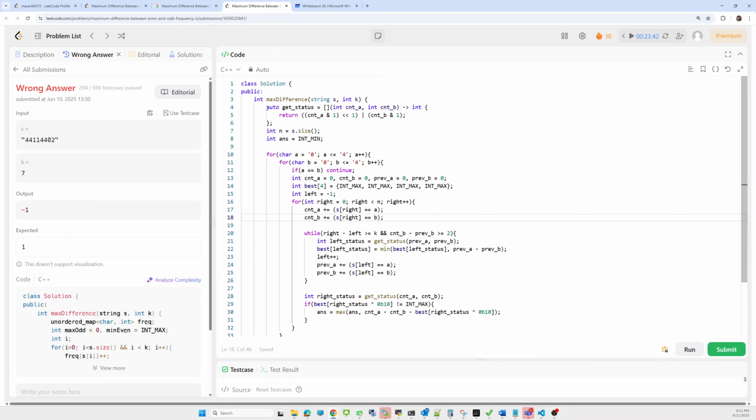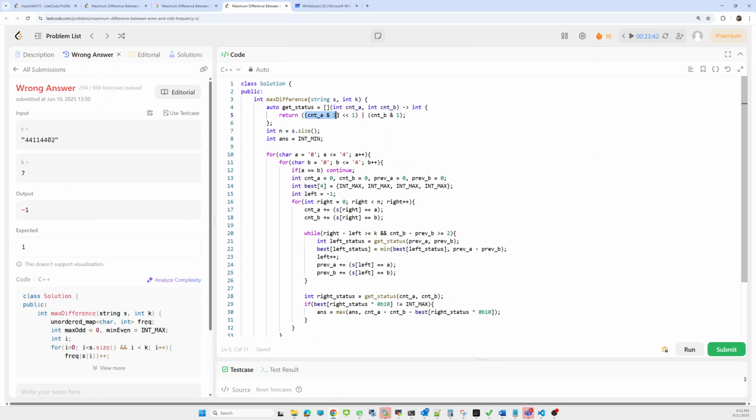Okay, I forgot how we can get the current state based on the current frequency of, let's say, this will be the frequency of A and this will be the frequency of B. So we are considering the frequency of A at first, and the frequency of B, based on whether it is even or odd.